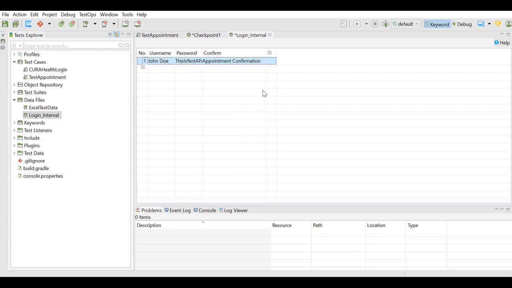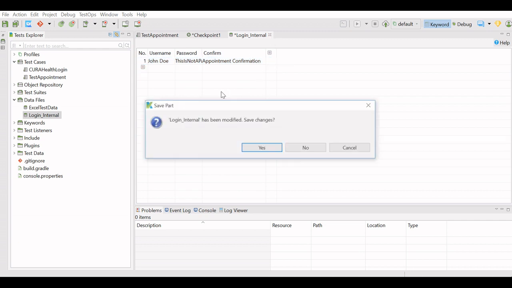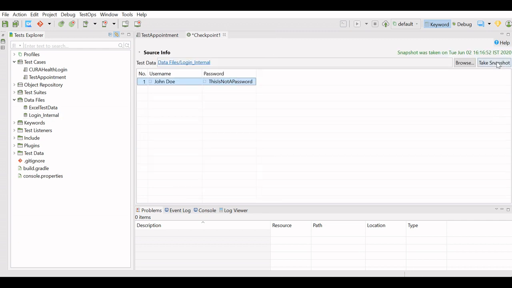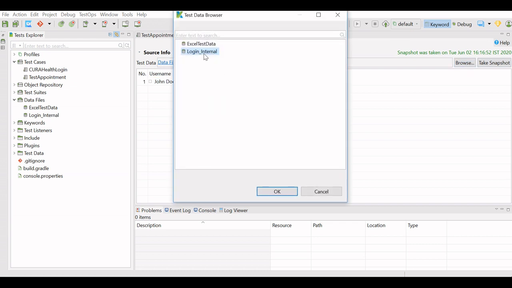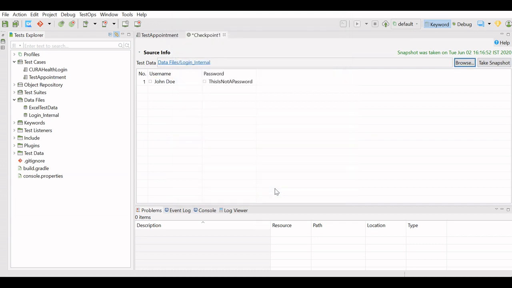This way I will add the text. I will close this, browse this file again because I have changed it, and click on text snapshot. It will bring that newly added column for the checkpoint. In this checkpoint, I will check only the checkbox of appointment confirmation.